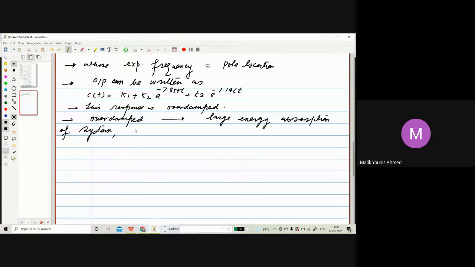This type of system will restrict the transient response